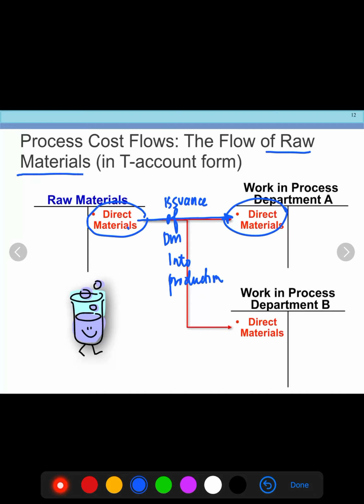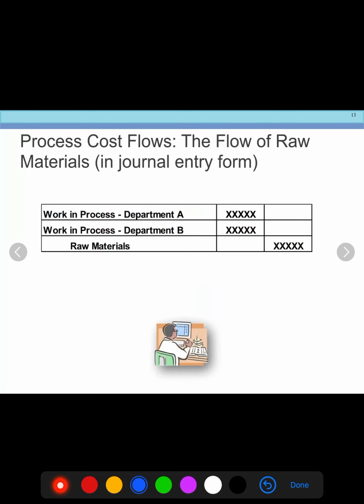Okay, so the direct materials, most commonly, the first department, dyan nilalagay natin ang mga materials natin. But there are also tendencies and possibilities that direct materials are being forwarded on the following or the succeeding department. In terms of journal entry, of course, you will reduce your raw materials and then put it in your work in process